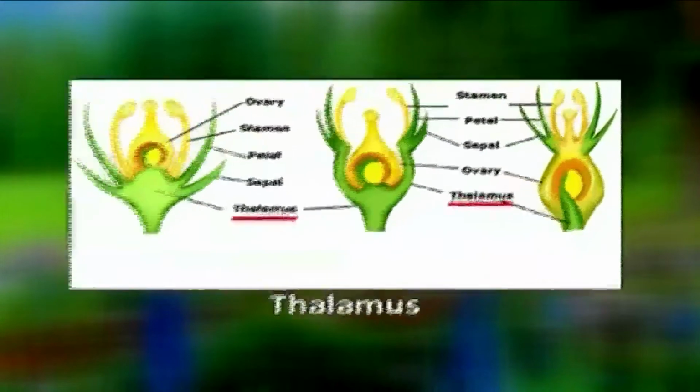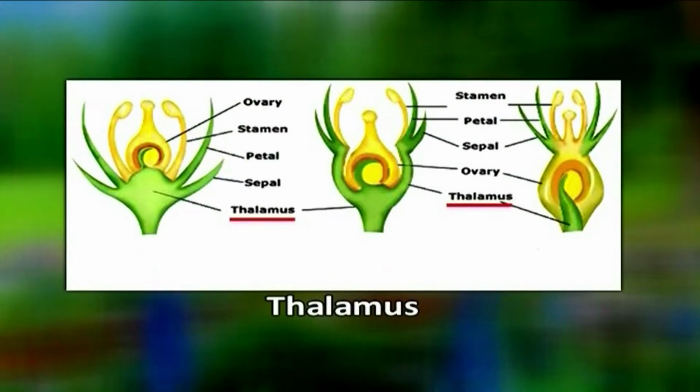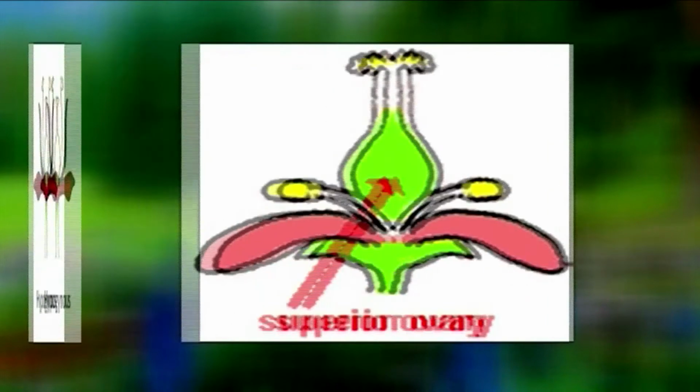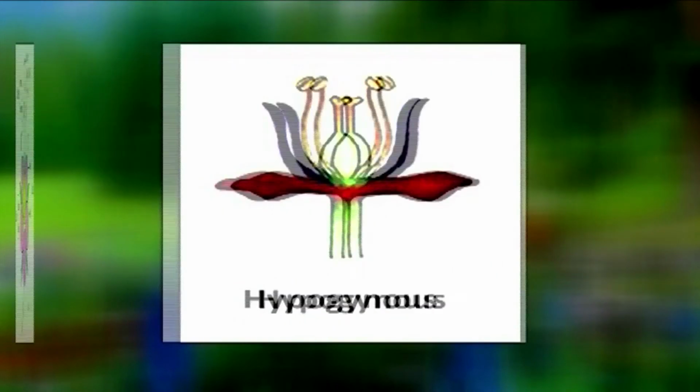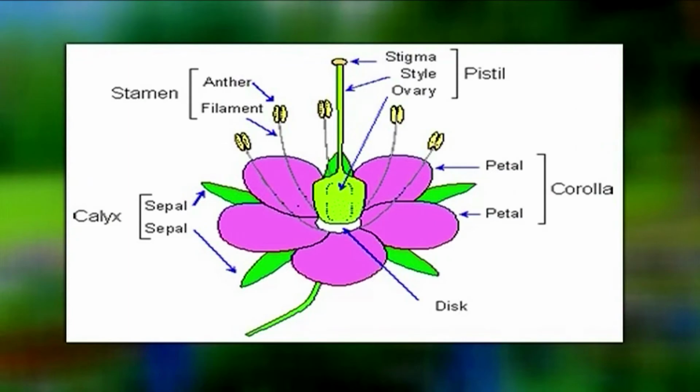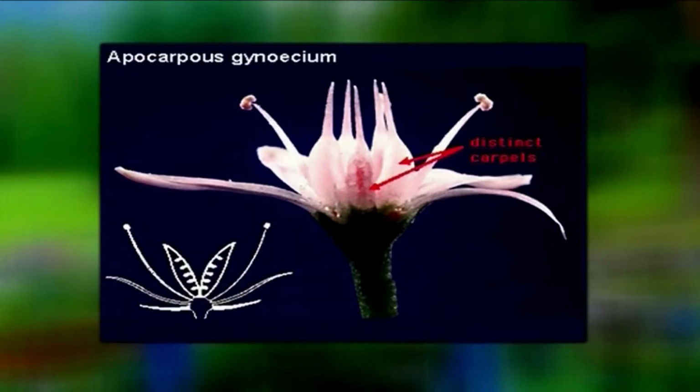Series first, Thalamiflorae. It includes plants having flowers with a dome or conical thalamus. Ovary is superior. Petals and stamens hypogynous. Disc present. Thalamiflorae includes 6 orders and 34 families. The 6 orders are cohorts, and the number of families present in each order are: Order first, Ranales, gynoecium apocarpous,